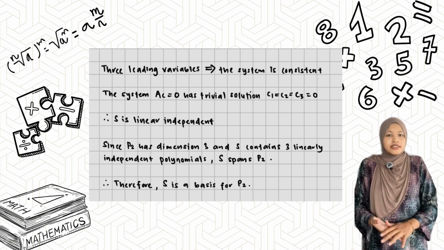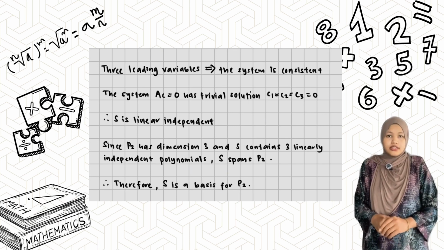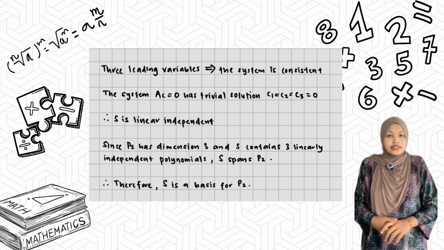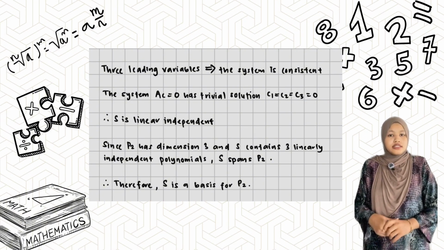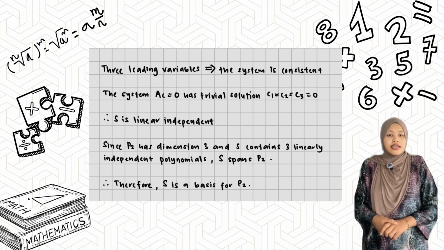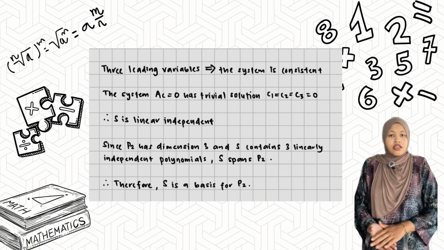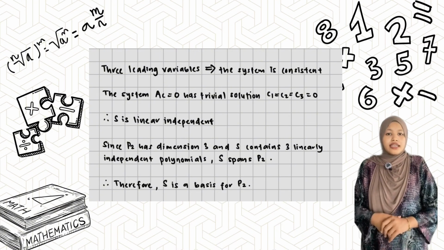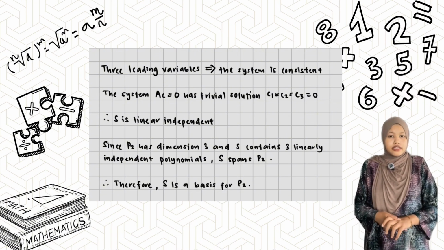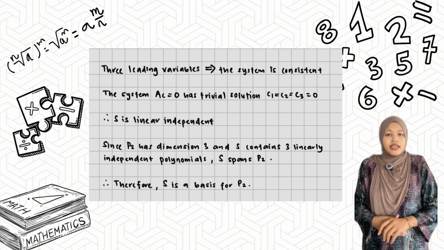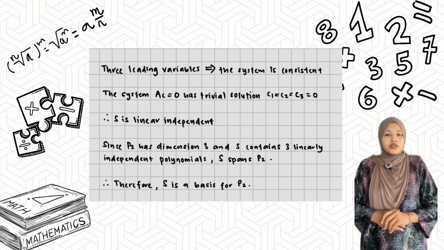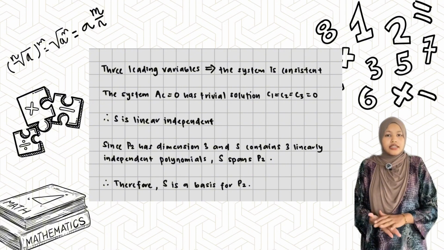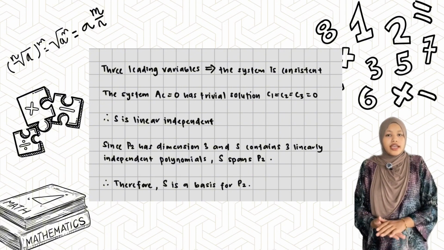This means the system AC equal to 0 has only the trivial solution. Since the only solution is the trivial solution, the set S is linearly independent. Furthermore, P2 has dimension 3, and our set contains exactly 3 linearly independent polynomials. Therefore, S spans P2. Since S is linearly independent and spans P2, we can conclude that S forms